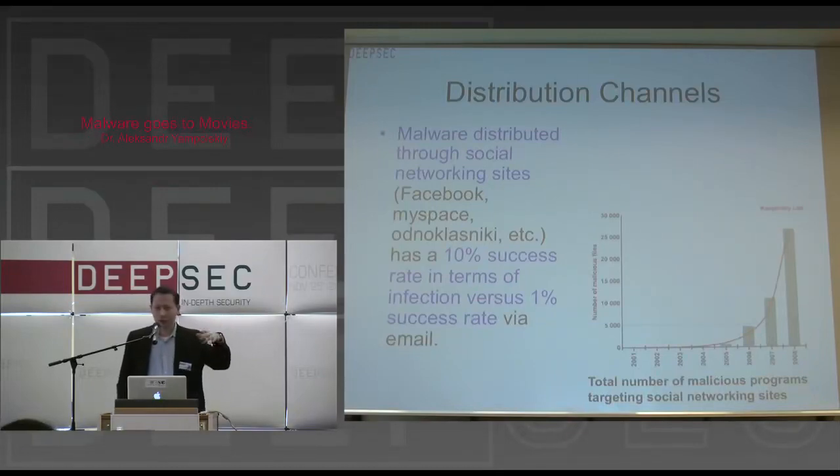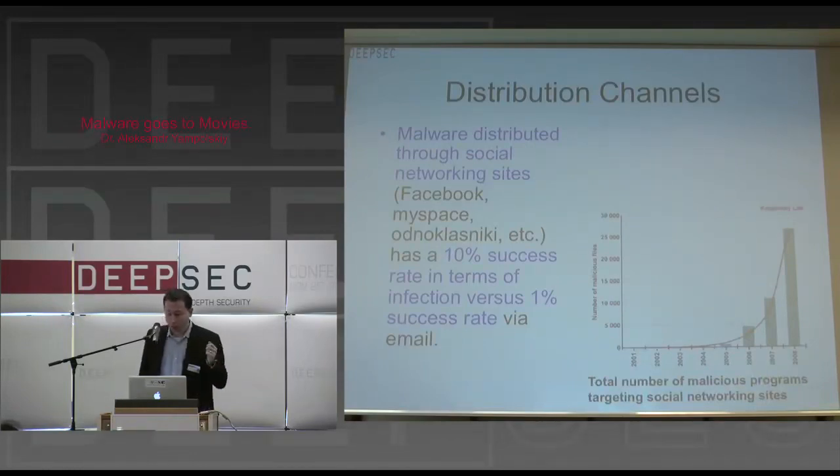So in one way, people received a malicious attachment, such as a holiday greeting card, a PDF file, an image file from your buddy, and they measured how many of those people would actually open up a greeting card, an image, which contained malware. And it was only 1% effectiveness. So 1% of the people who received the attachment usually clicked on it. If you compare it with the effectiveness of infecting people through social sites, the difference is staggering. It's 10% effectiveness.